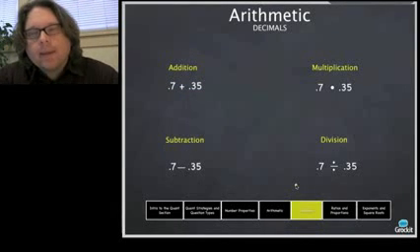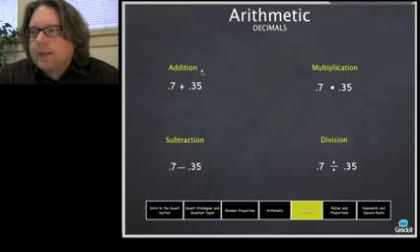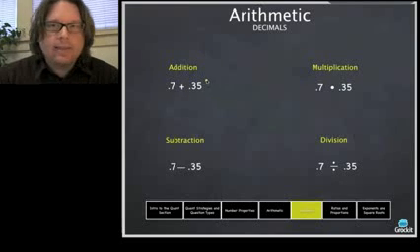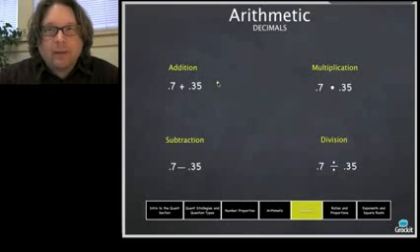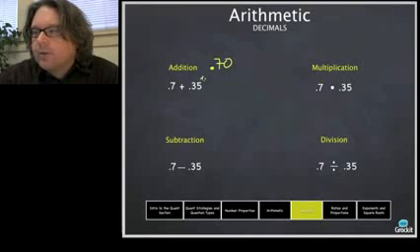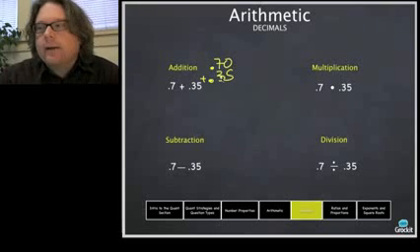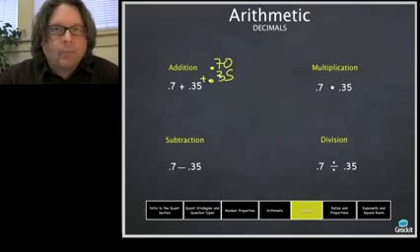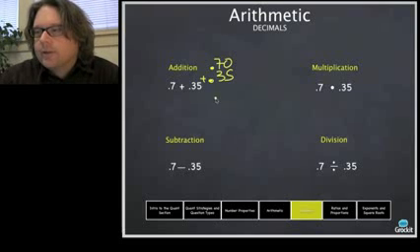Decimals, the main thing is keeping track of your decimal places. When in doubt, add dummies, well, dummies in the sense of placeholders. So when you're adding 0.7 and 0.35, you may want to make it 0.70 plus 0.35 to make sure that you keep the 7 lined up with the 3 and not inadvertently make it into 0.42. It actually needs to be 1.05